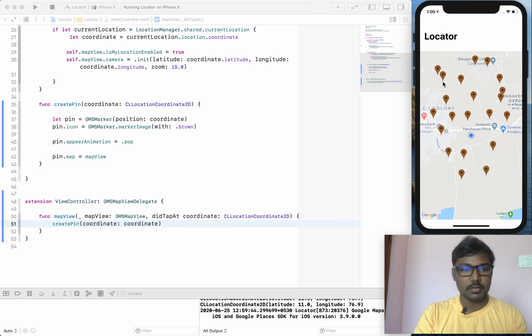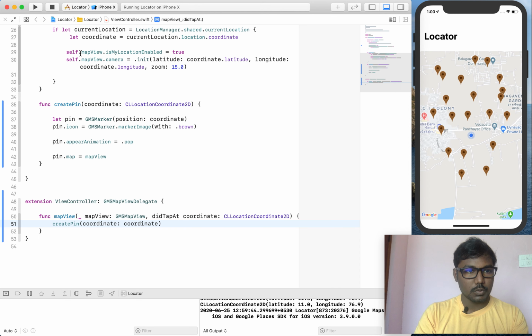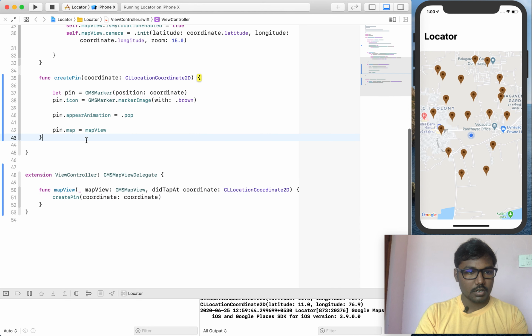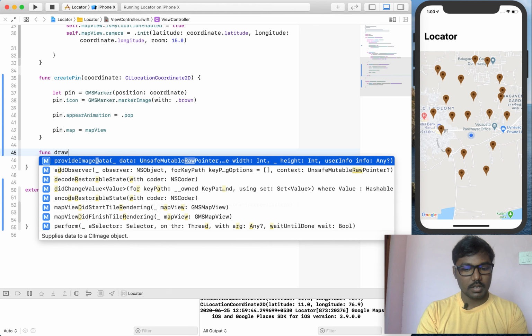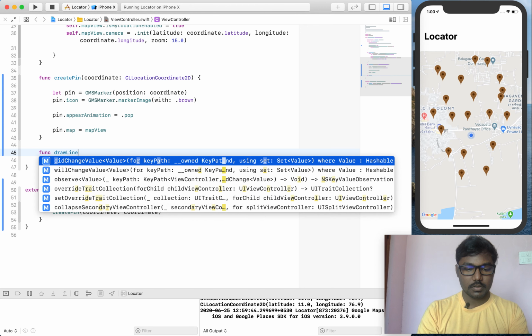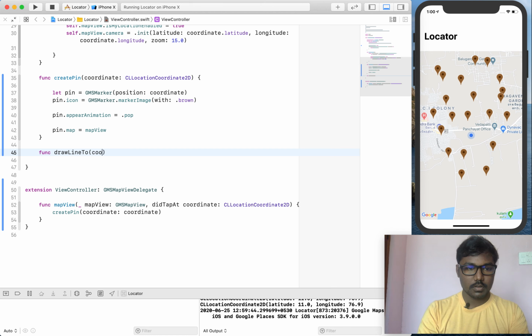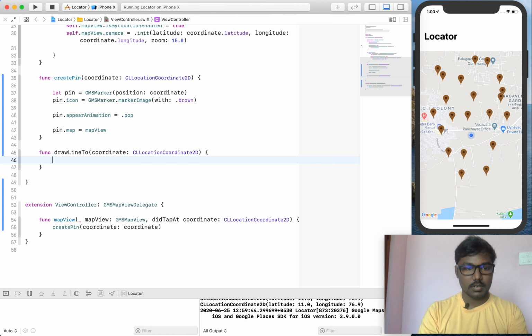We create pins like this. Now I am going to draw lines from my location to my dropped pin. So I am creating a function to draw a line to coordinate as CLLocationCoordinate.